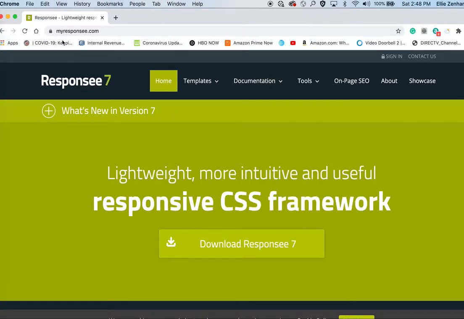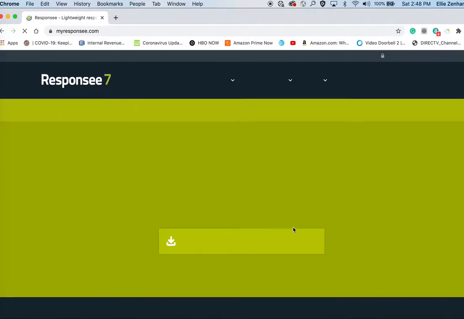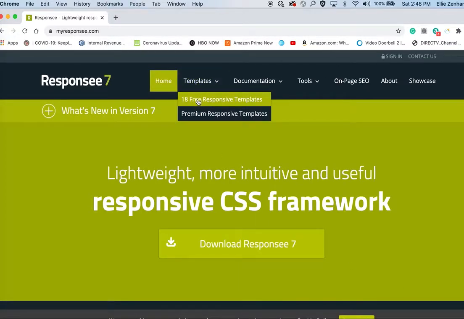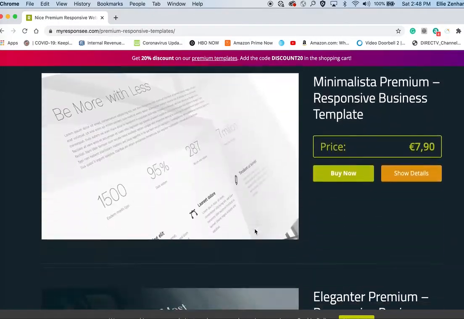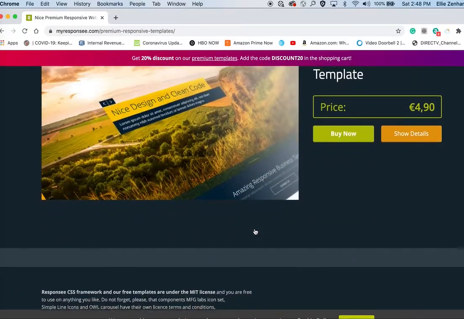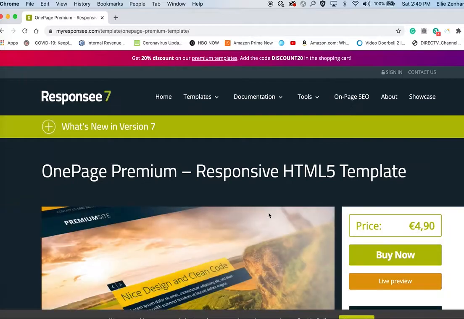So I went to the bottom. You see down here, I clicked on their link. And if you go to templates, these are the 18 free ones, and this is the premium one. And if you click on the premium one, you go at the bottom, and it's down here, and it's about $5 or $6. This is in euro, but it's more or less the same, between $5 to $6. And then if you click on it,